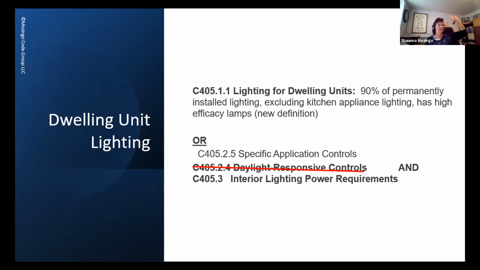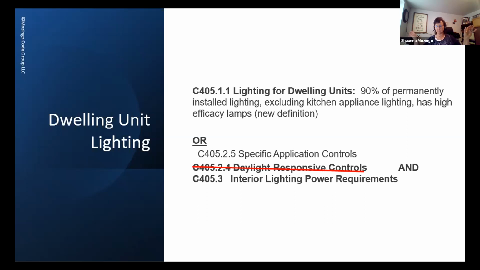All of their main lights have to either meet the dwelling unit lighting of a house, like the residential lighting, meaning 90% of the lights have to be highly efficient, or they have to go into those tables that we're going to talk about further on and meet the lights per square foot. So either do residential lighting at high 90% highly efficient, or meet the lighting requirements in the lighting tables,